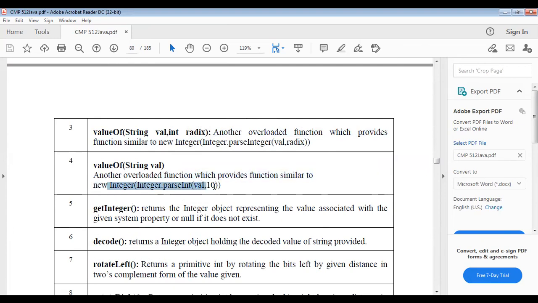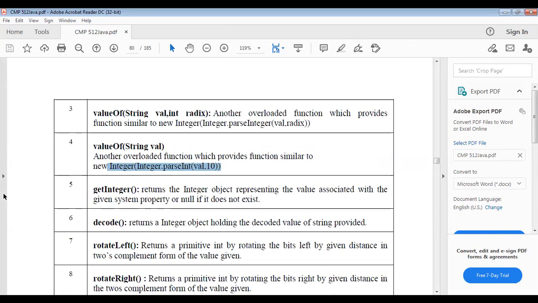This is an example of that function. Integer.getInteger mainly returns the Integer object representing that value. Suppose a represents 10, then it returns 10, because it is associated with the given system property.